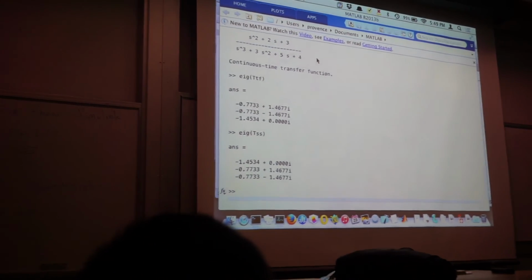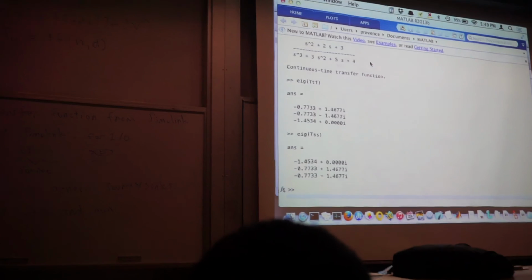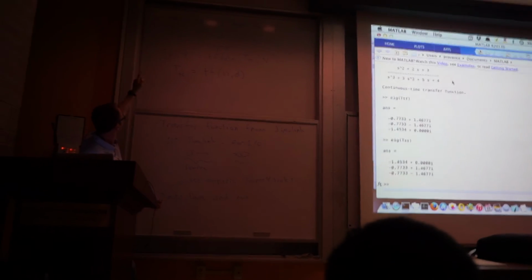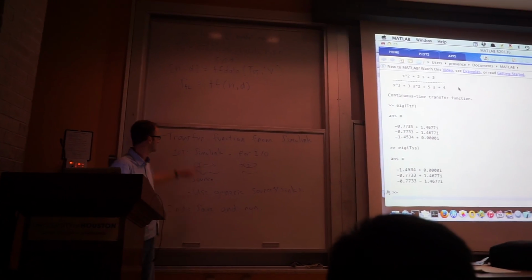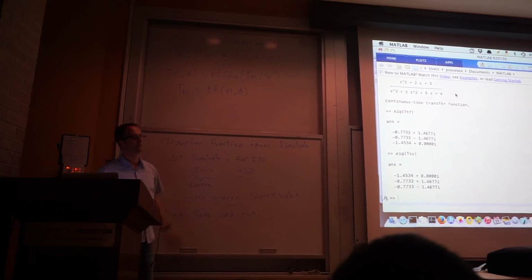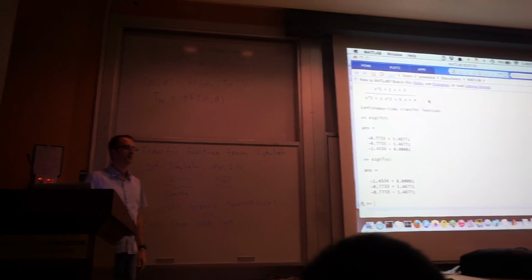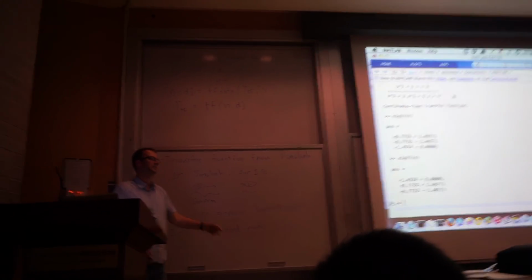So there we've got however many steps you want to call that. 1, 2, 3, 4, 5, 6 steps to go from a Simulink model to a transfer function. Any questions? It's a pretty slick thing, and this is actually